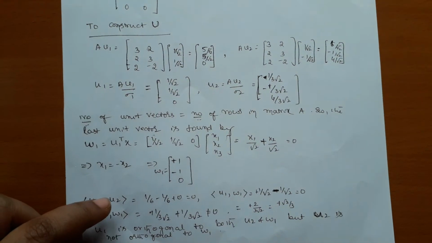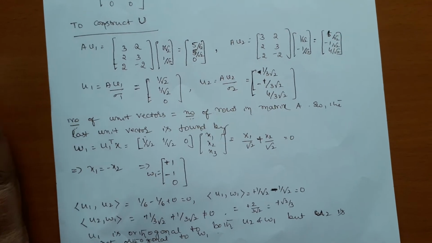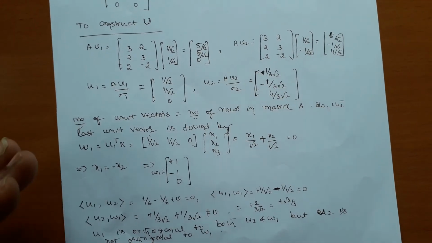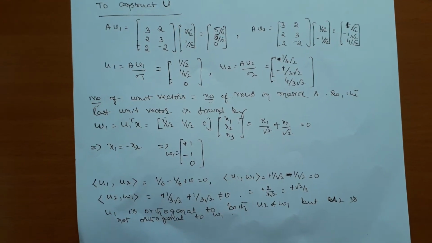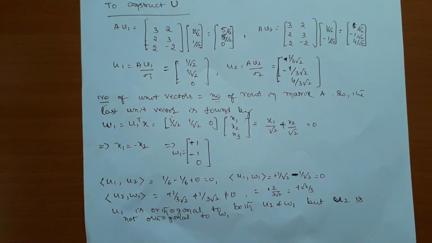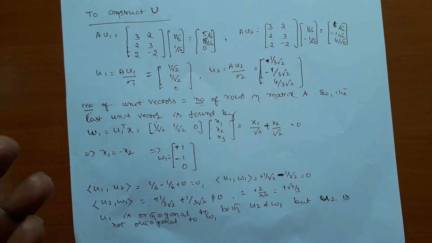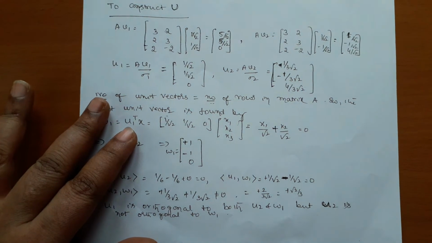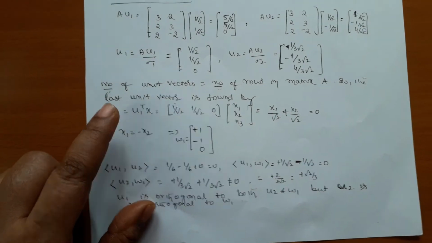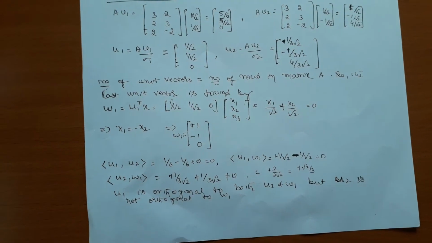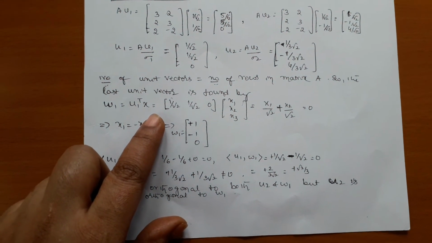Therefore, the number of unit vectors must be equal to the number of rows in matrix A. But still, we have only 2 unit vectors. How many rows do we have in the matrix? 3 rows. So I want another vector, u3. Even though the singular value is not equal to 0, you don't get it, because we get only 2 eigenvalues. We get 2 non-zero singular values, sigma 1 and sigma 2. But I want u1, u2, u3, and you have only u1 and u2. What about u3? Here again I use what we used in the previous problem.